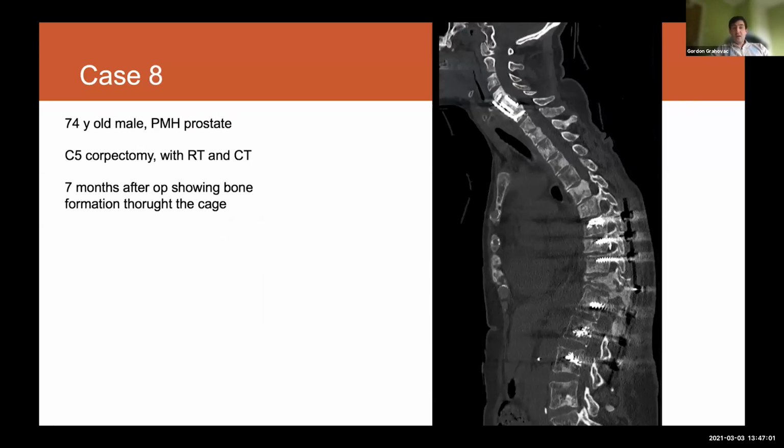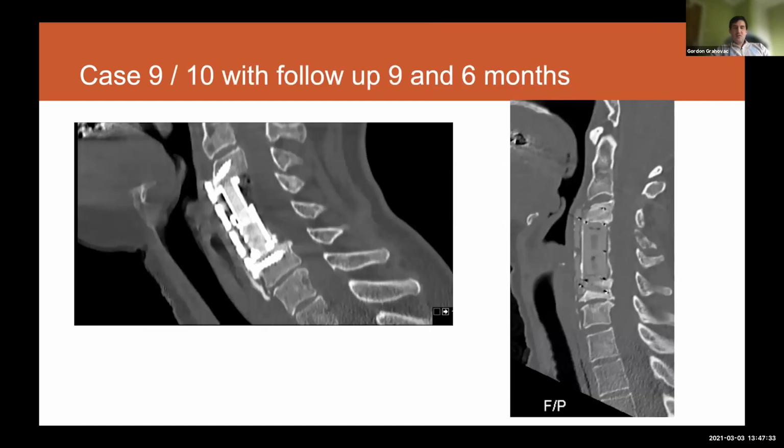Okay, this is another case, a 74-year-old male with a past medical history of prostate cancer who underwent a large construct beforehand for treating an unstable fracture of the thoracic spine. He developed increased pain and a pathological fracture in the cervical spine and underwent corpectomy and fusion, with high-density bone developing within the same cage, and this is a titanium construct. These are the two different constructs. One is the lady with the breast cancer. One is the patient with the